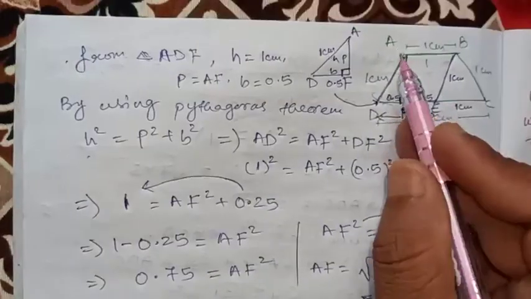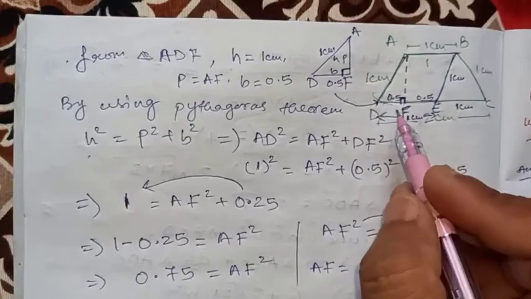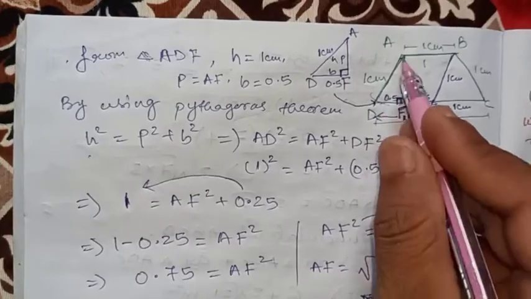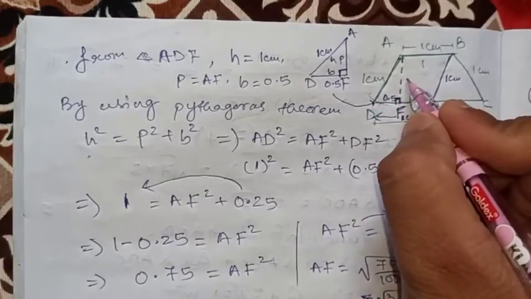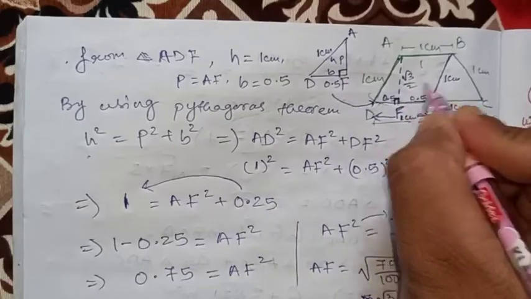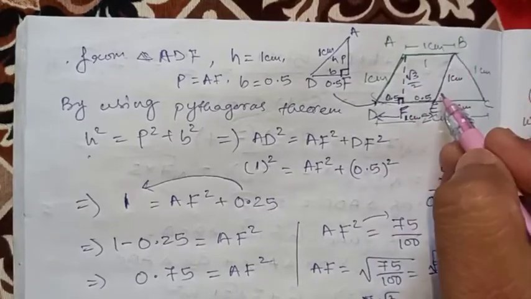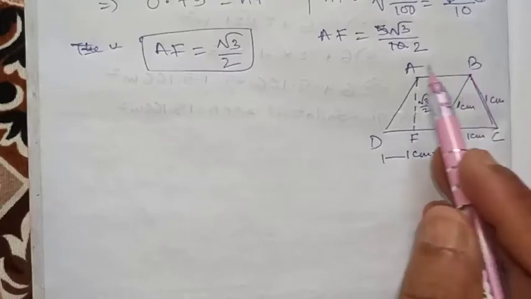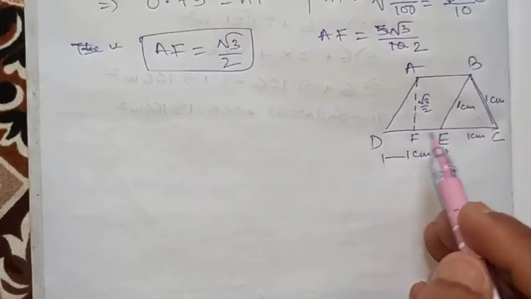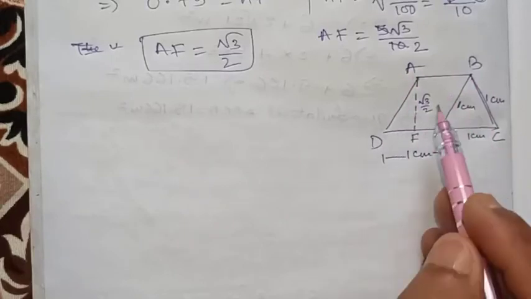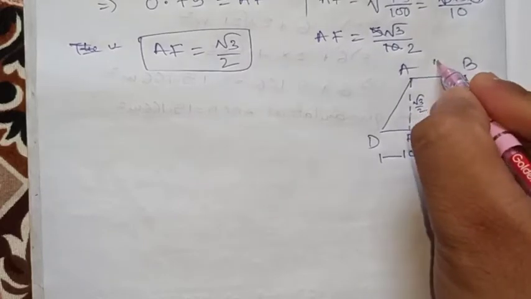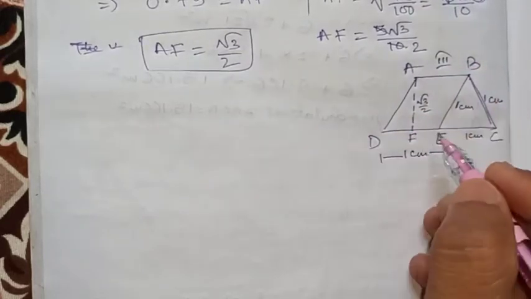Okay. We can find out the area of the parallelogram by using the formula base into height. Because height we got root 3 by 2, and area of equilateral triangle. Okay, so once again I have drawn the diagram so that we will be able to understand from here. We are finding the area of the third figure, that is a trapezium.